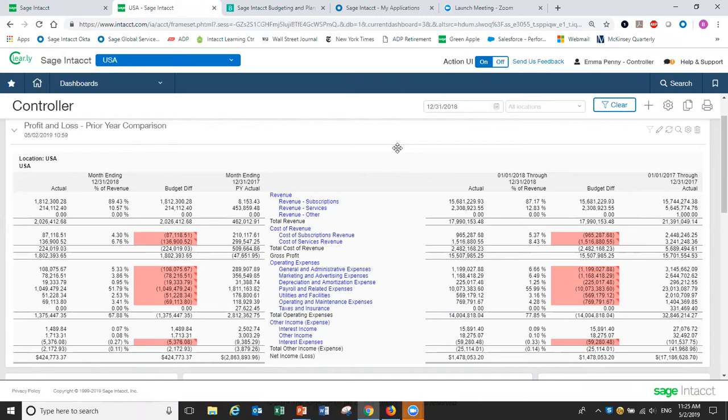So let me introduce you to Emma Penny, the controller. And Emma is the controller for a company called Clearly. And right now, we're looking at her dashboard since she's a controller. And she can see that as of the end of 2018, she's got a snapshot of her financials right here. So here's her financials, and it's going to show her currently what the actuals are and how they compare to